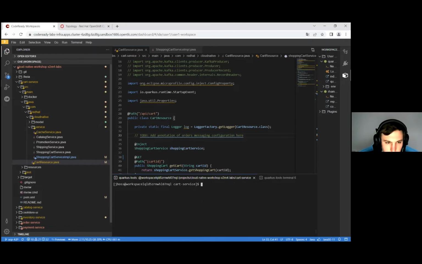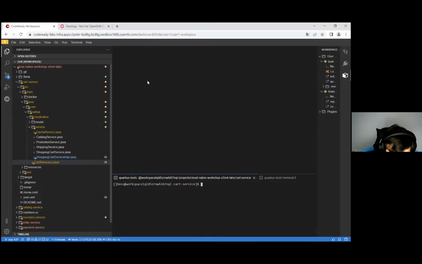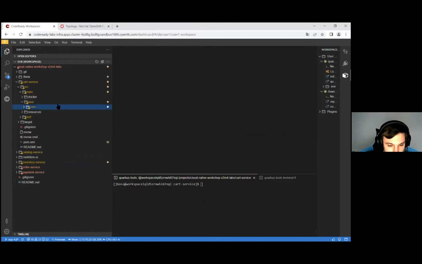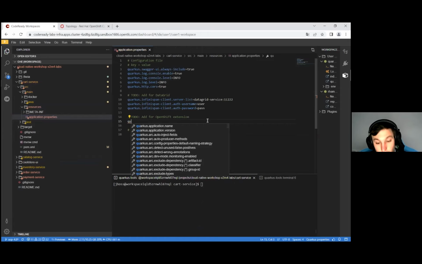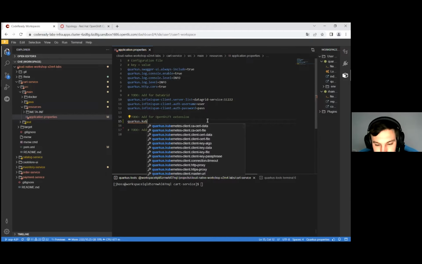No, why is it not deployed? If it's not deployed, then it should be because the OpenShift extension is not configured. So we will need to go to the application properties. Yeah, we need to add the configuration of the OpenShift extension. So we will need to add some properties here. Properties that we need to add is